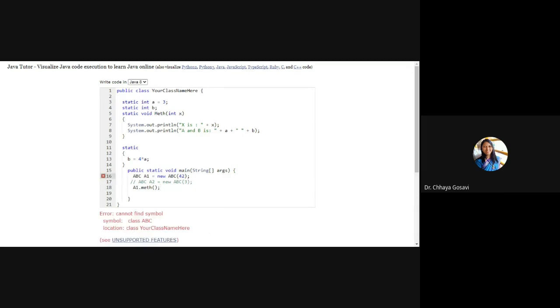So in this class, the class name should be your class name. No need to create an object. We are using a static method. No need of a1.